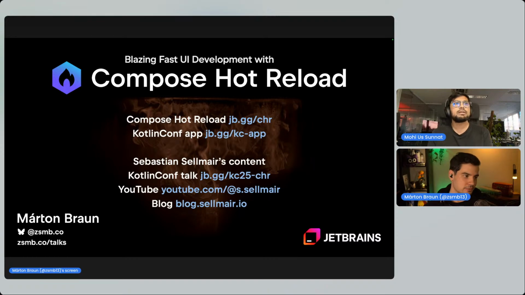Okay then. And also, is there any common known edge cases that are not supported now, even for the UI as well? Yeah, so for the business logic part,